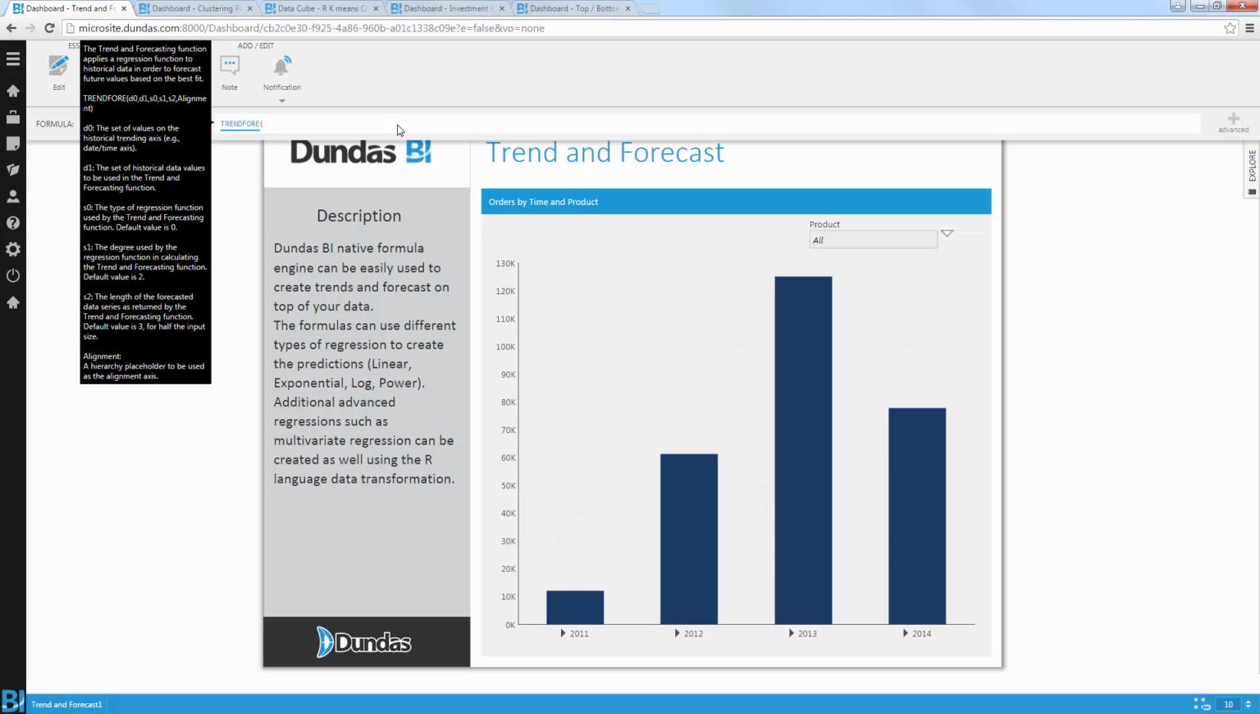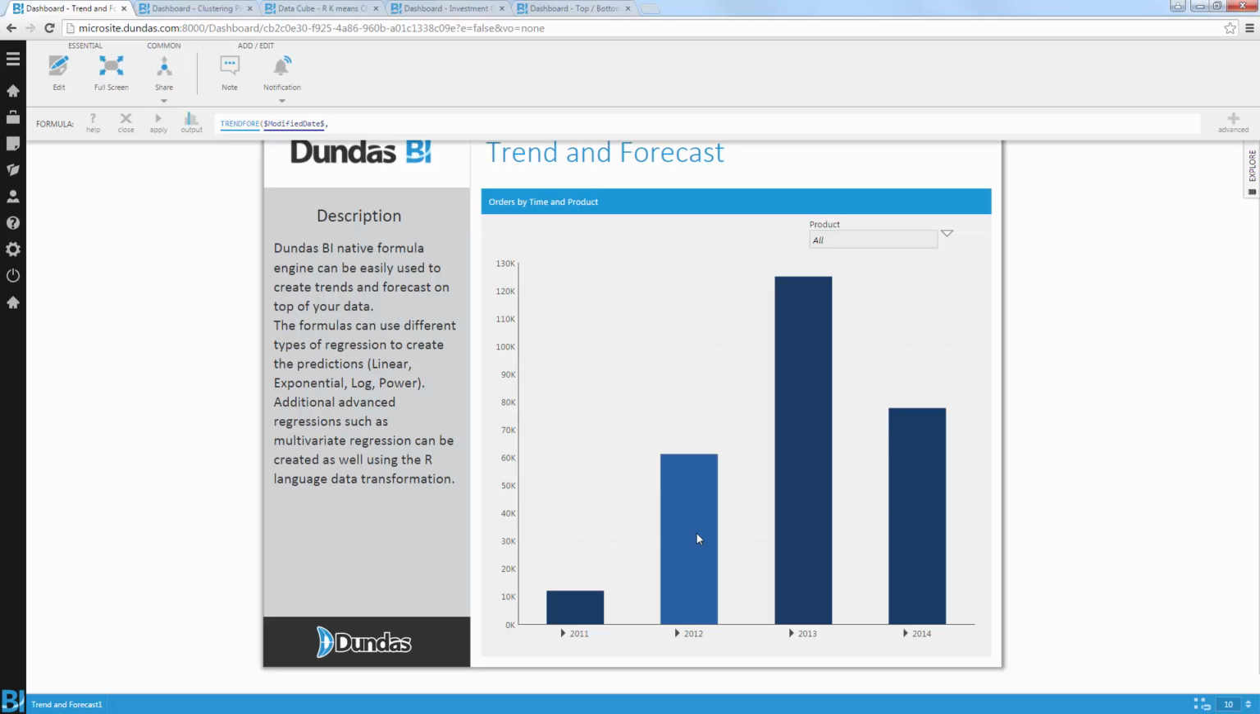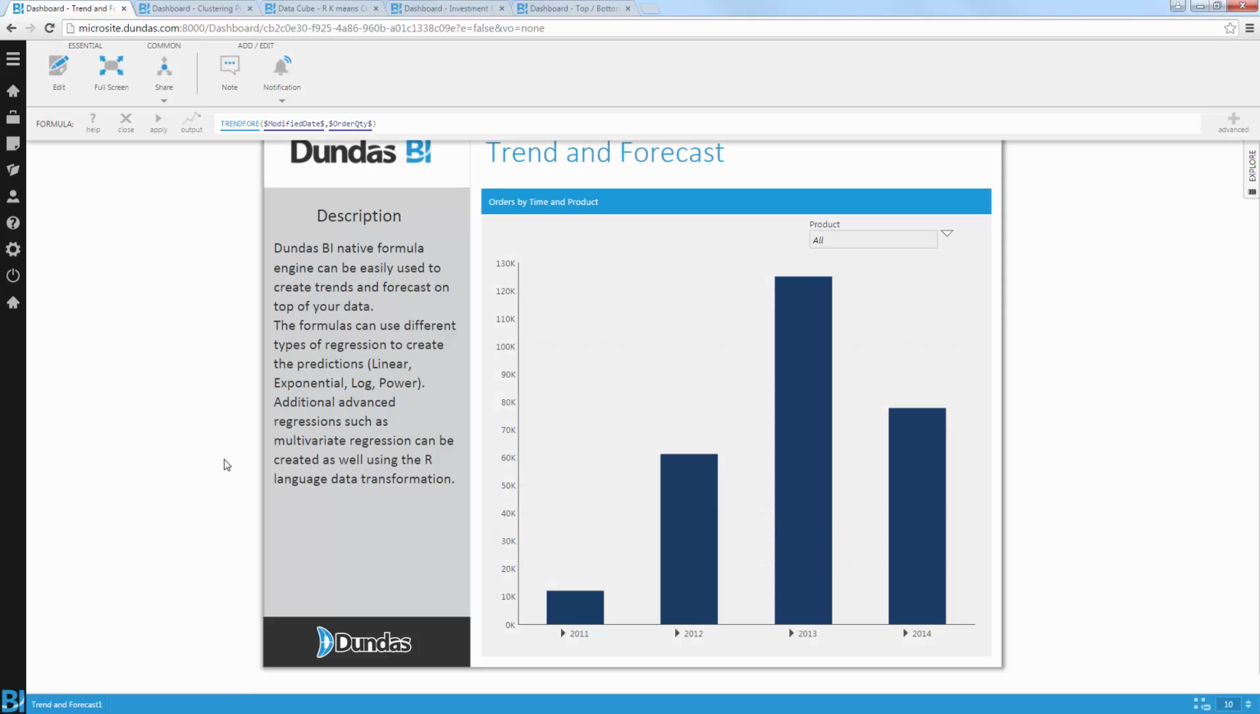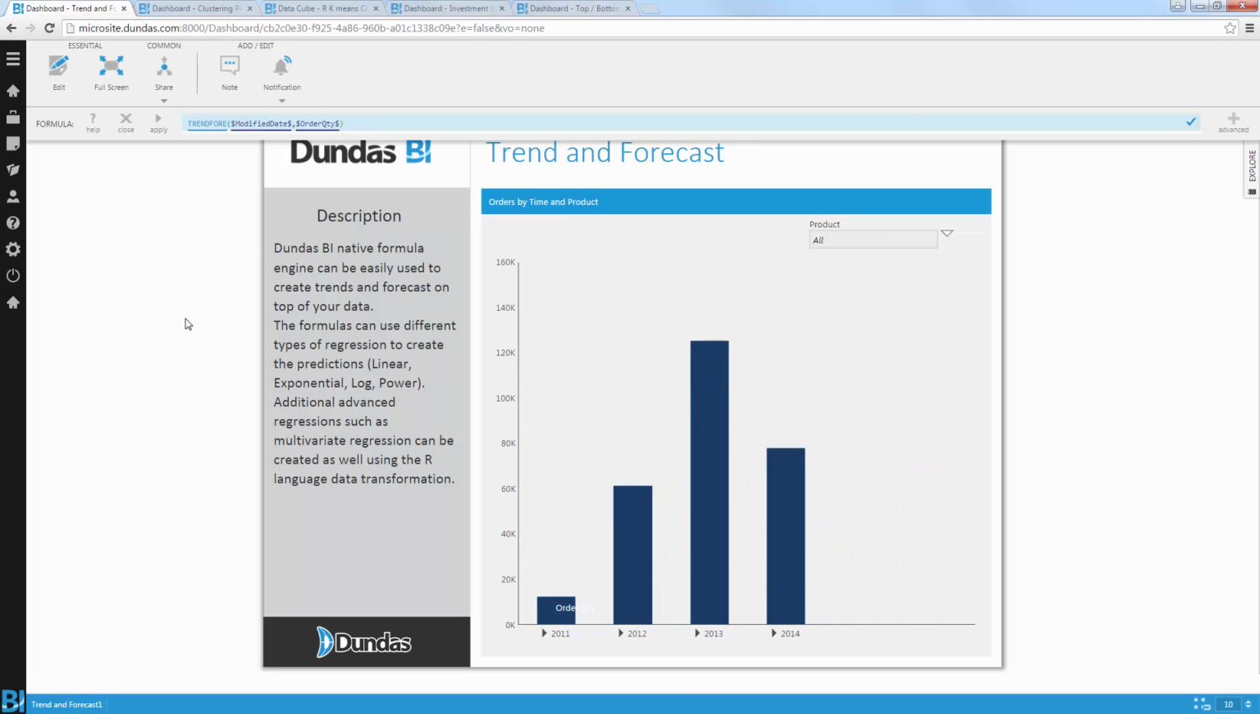So in this case, I'm just going to go in, select my date, and just click on the measure I want to input into that trend and forecasting formula. I can even choose what type of output I want to use. I'm going to use a line chart to represent this new calculation, this new forecast into the future. And I'm just going to go in and apply it to my chart. So now you can see a new trend and forecast line showing me how this data is going to behave